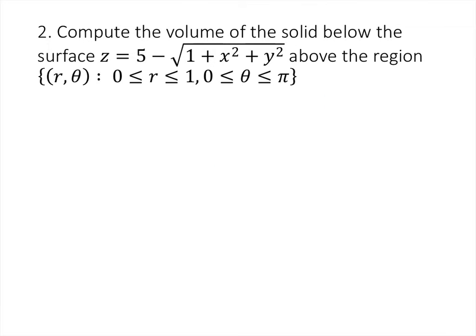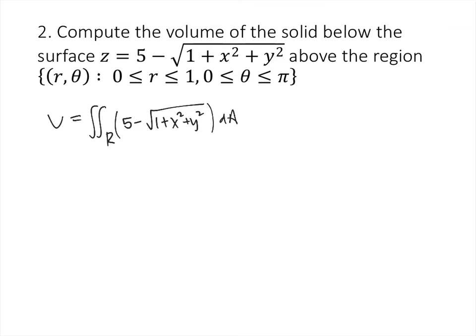Very similar problem here. Again, we want the volume of a solid below a surface and above a region. So again, the top of the solid is going to be that surface, and the bottom is just going to be the xy plane. So we're just going to integrate that function over our region. So the volume that we want here is the double integral over this region R of this function 5 minus the square root of 1 plus x squared plus y squared